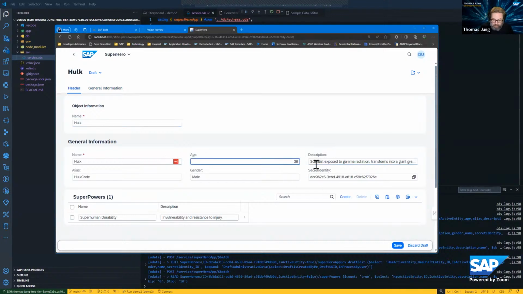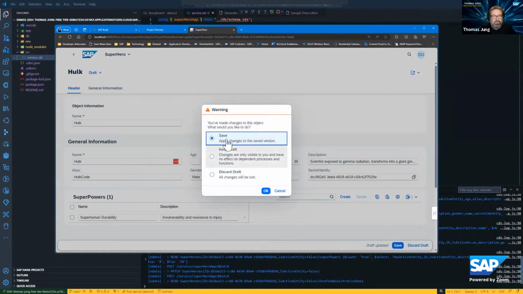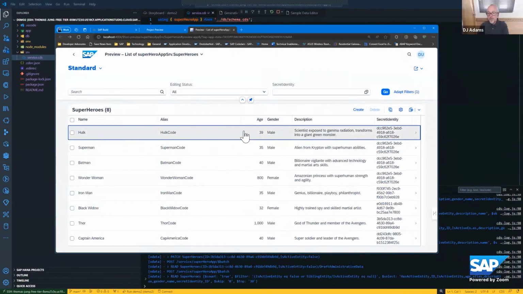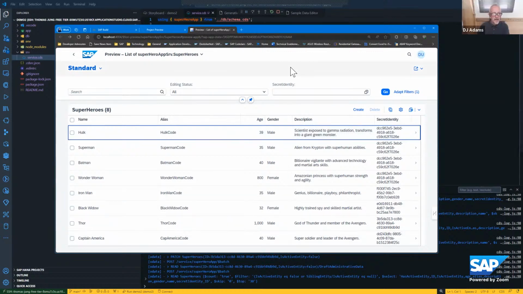Maybe you say, oh, the Hulk just had a birthday. Let's make him 39 years old now, and it just updated my draft. So let's keep the draft and go back. That's all because of the annotation that was generated for it. The draft enabled, we get all that functionality out of the box, and we're ready to really go on with our application now. Big question on my mind is: are those Hulk years or human years?